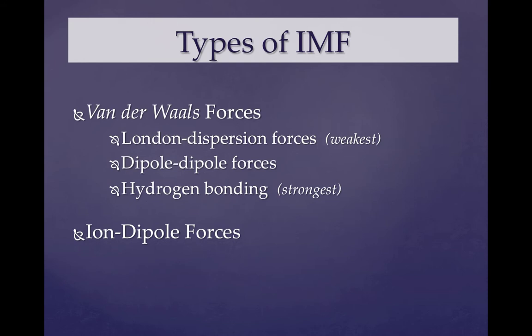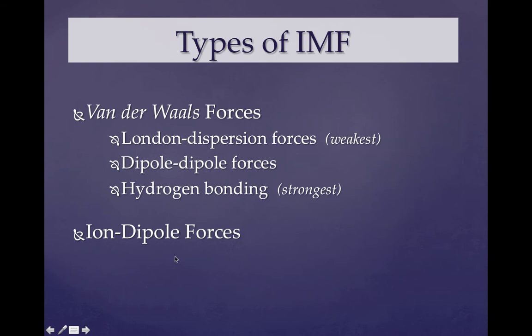There's three types of intermolecular forces. The other name for them is van der Waals forces. Van der Waals and intermolecular forces mean the exact same thing. The three are London dispersion forces, dipole-dipole forces, and hydrogen bonding. If you look at this list, London dispersion are the weakest, hydrogen is the strongest, and then dipole-dipole are